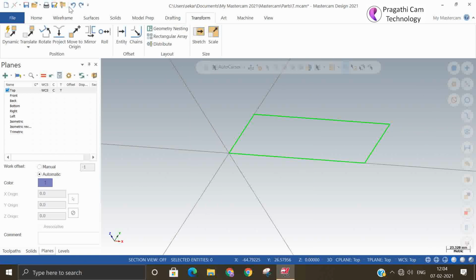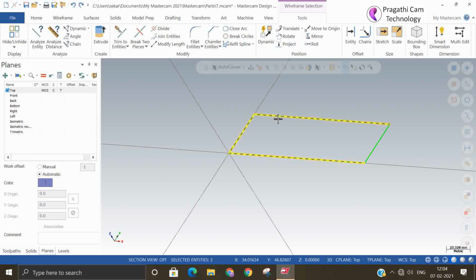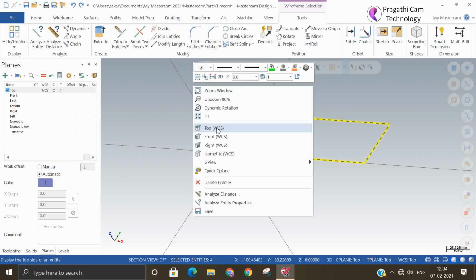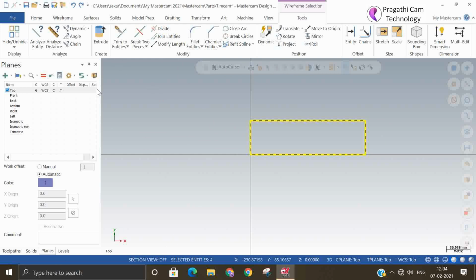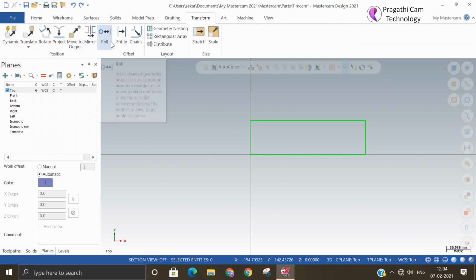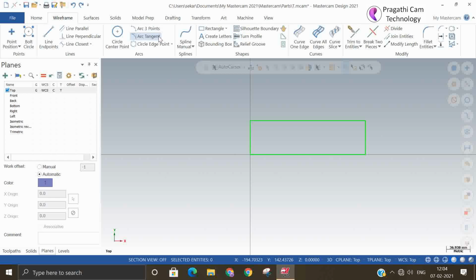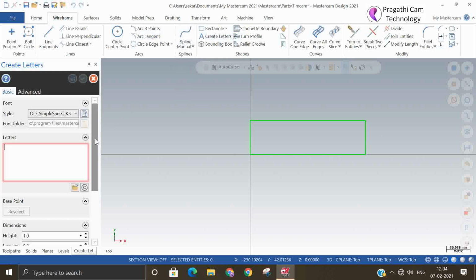So next command we'll see the project command. So project means whatever the wireframes are there, that may be projected over the solid or surface or some distance. So first let me make some new things here.